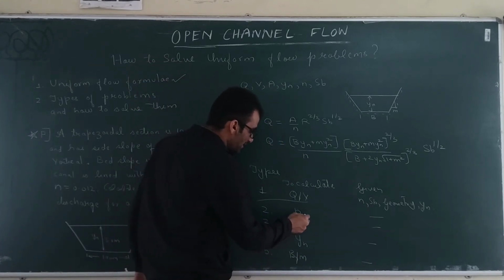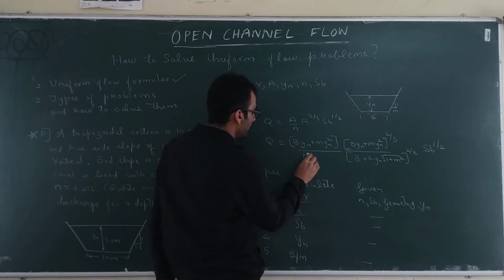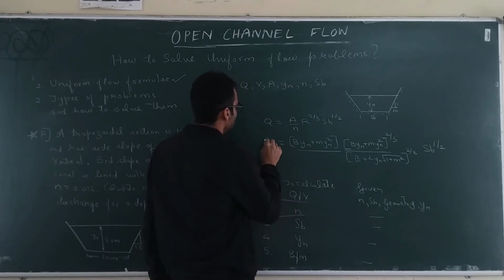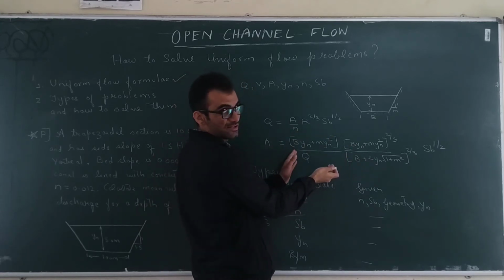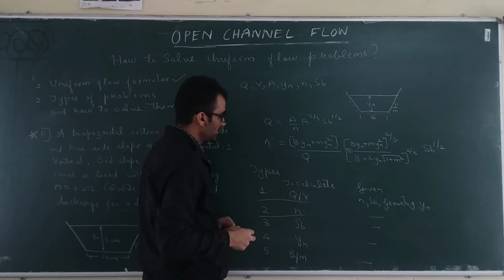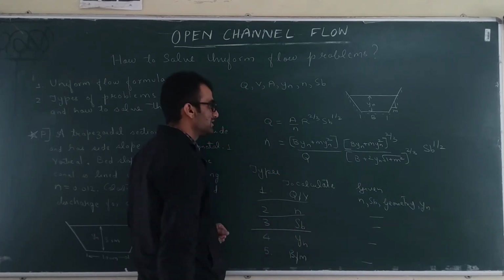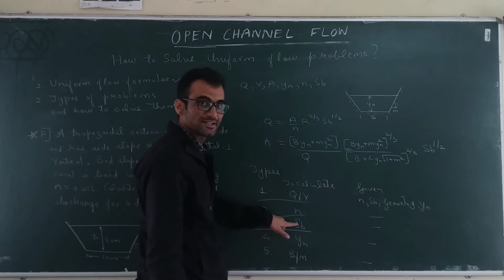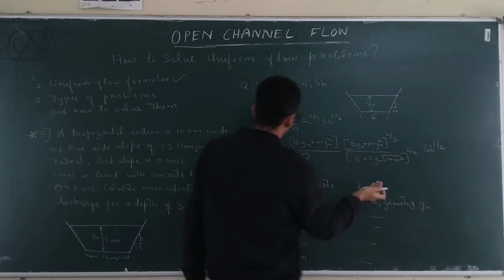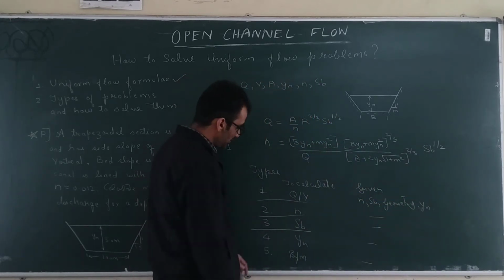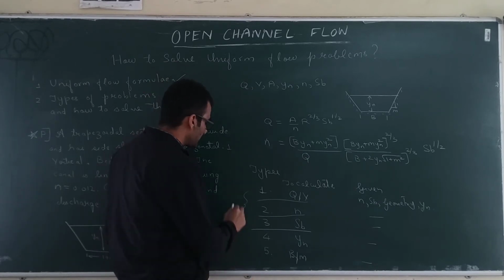Same thing is with Manning's constant. If you want to calculate Manning's constant, what you will do? Just take N here and Q here. Again N is on one side, on the other side you put the values and get the solution. So this is also explicit, it's very simple. Same case with the third type of problem. If you want to calculate SB, bed slope, again you take bed slope here, put all the values on the other side. So all these 3 types of problems can be solved directly. So we have direct solutions for this.